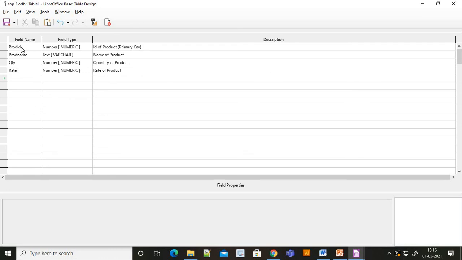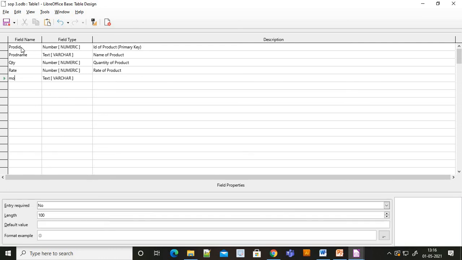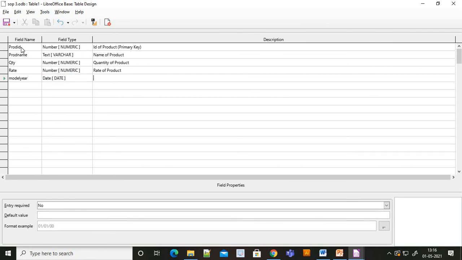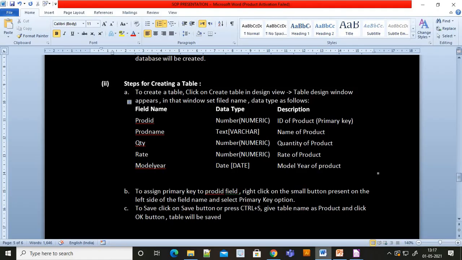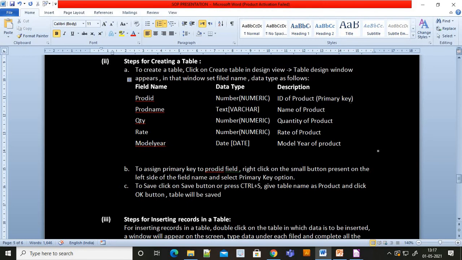After rate, model year is the date, the model year of the product. Then to assign the primary key, the next step, to this I had created.